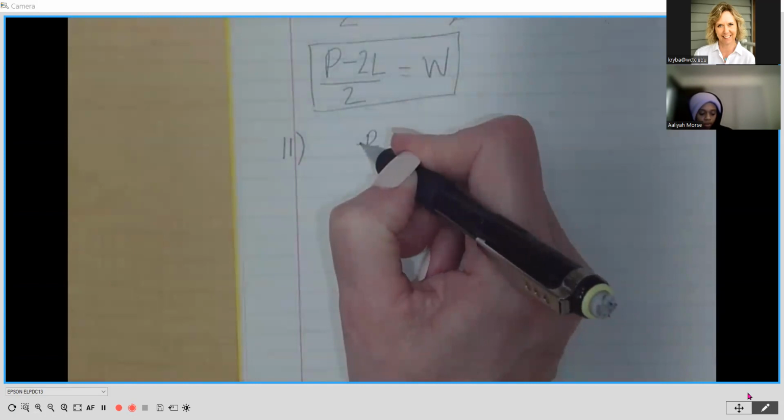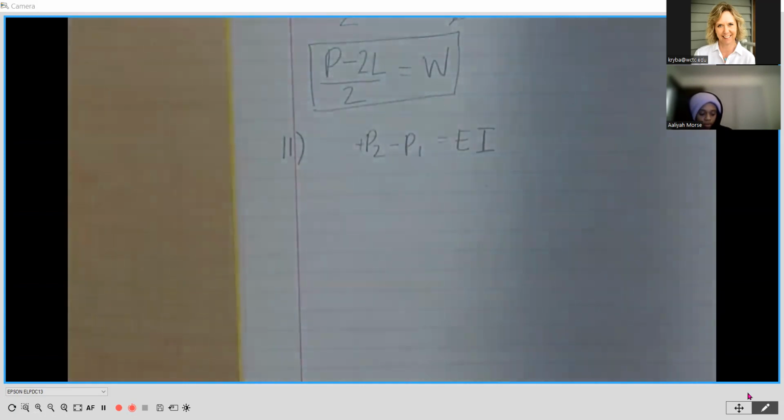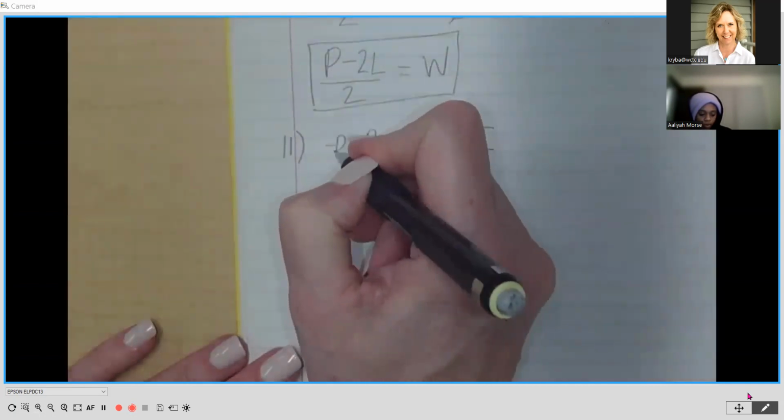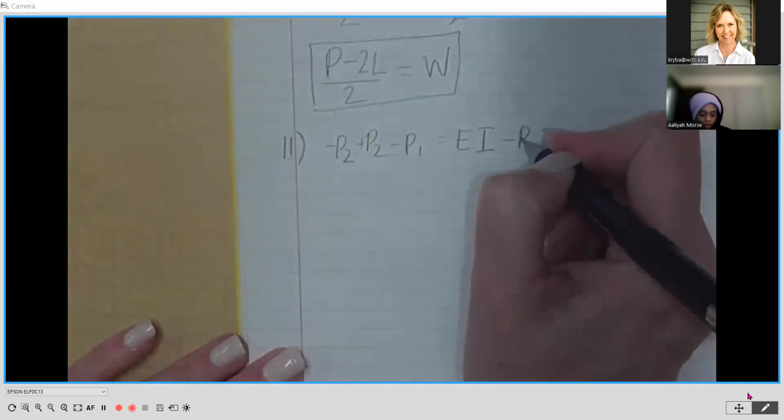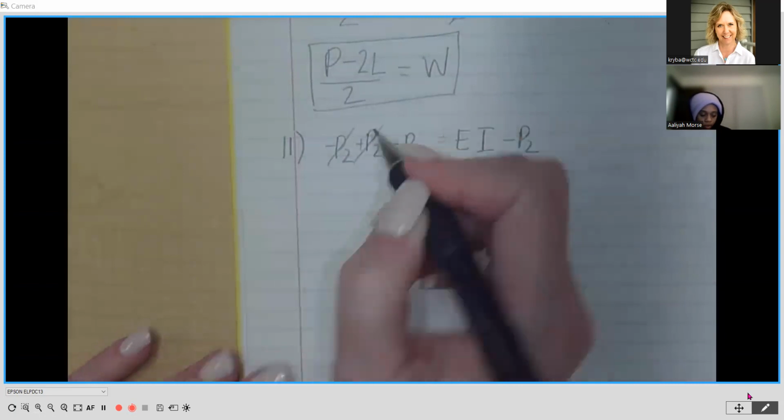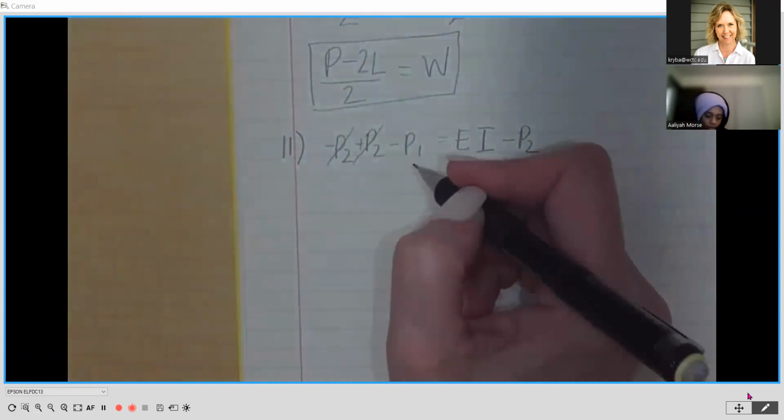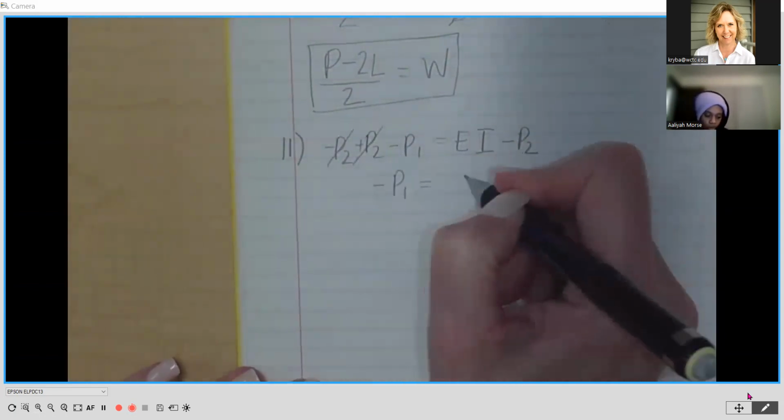There's an imaginary positive out front here, right? You would subtract P2 from both sides. So I do a minus P2 over here and a minus P2 over here. It cancels out on the left, and I'm ending up with a negative P1 is equal to